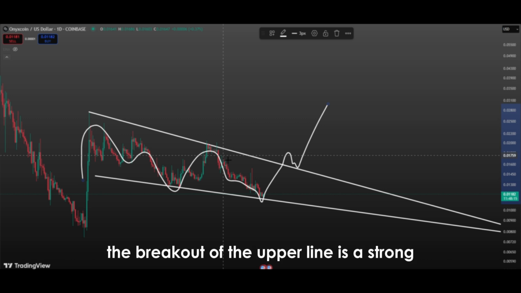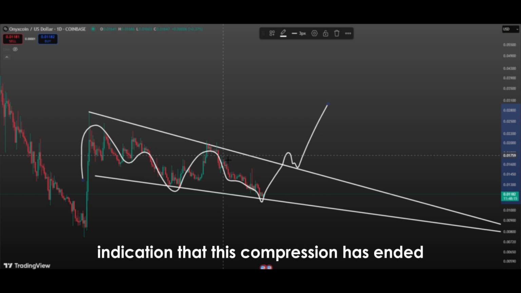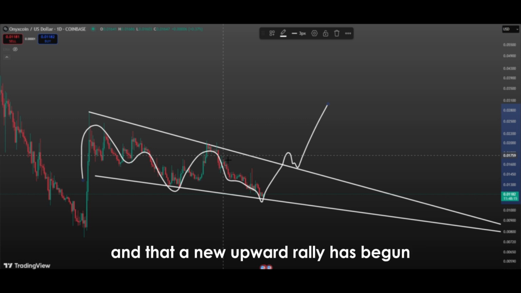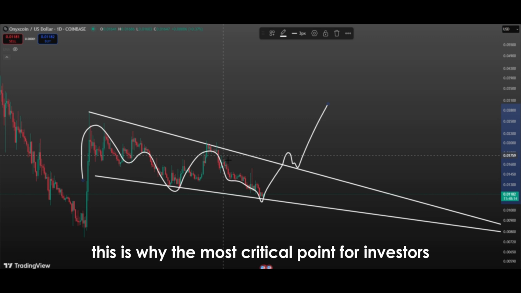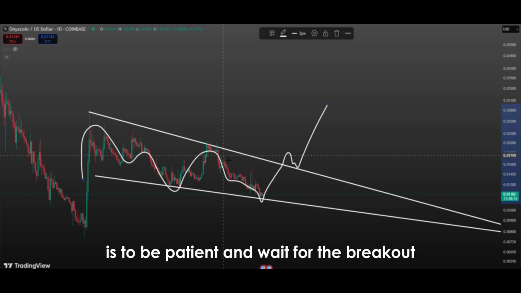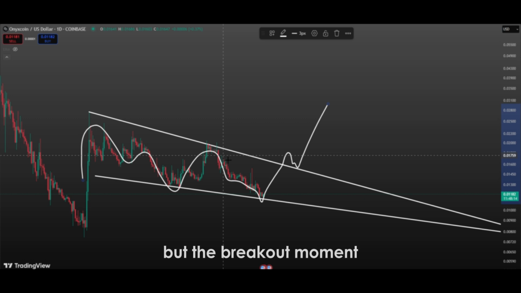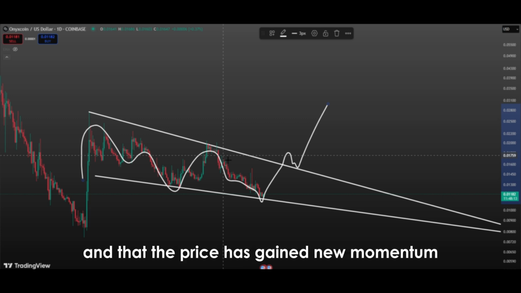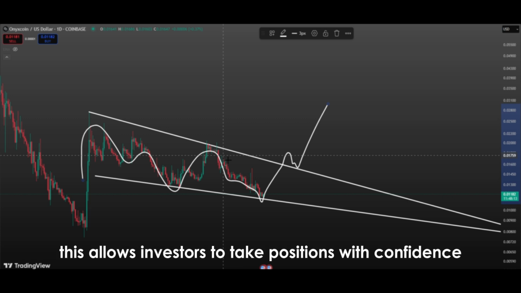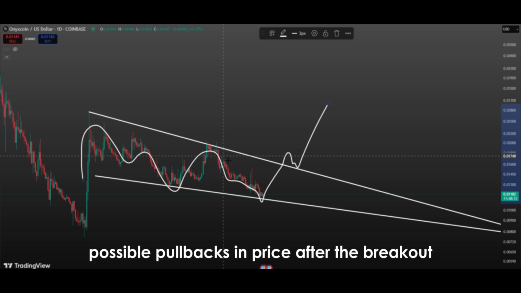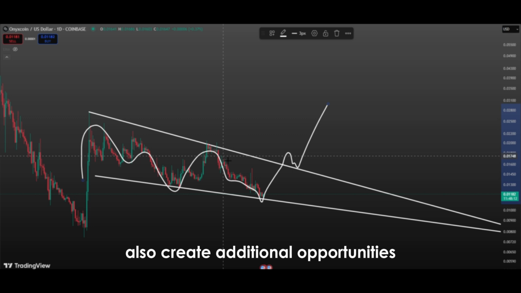The breakout of the upper line is a strong indication that this compression has ended and that a new upward rally has begun. This is why the most critical point for investors is to be patient and wait for the breakout. Acting early is often risky, but the breakout moment provides a reliable and strong signal. A breakout supported by volume confirms that the trend has changed and that the price has gained new momentum. This allows investors to take positions with confidence. Possible pullbacks in price after the breakout also create additional opportunities. For all these reasons, the upward breakout of the falling wedge pattern is considered one of the strongest bullish signals